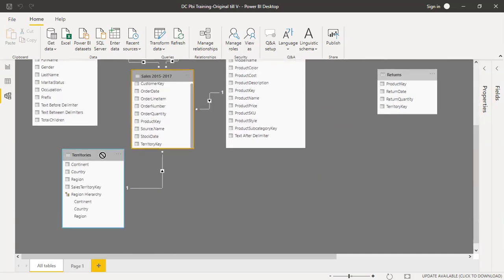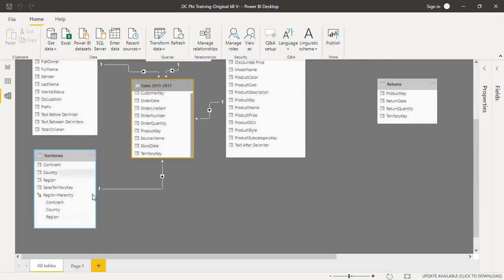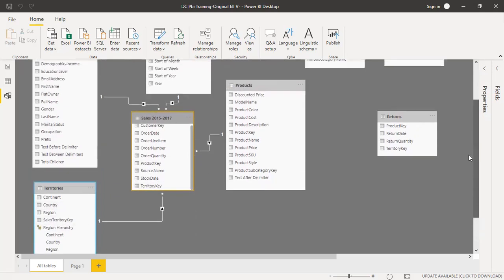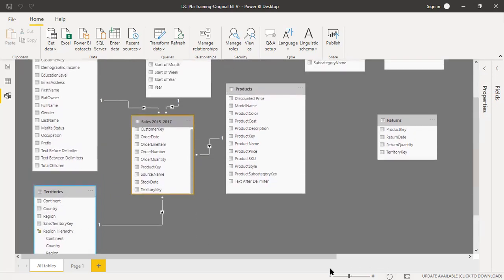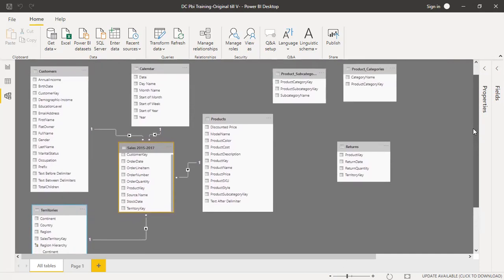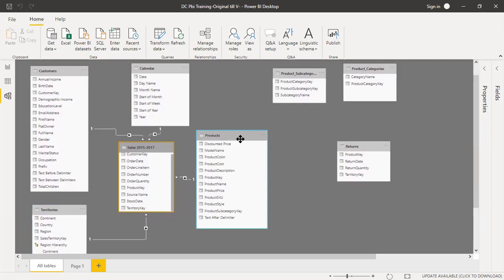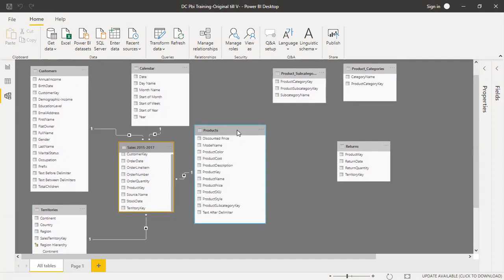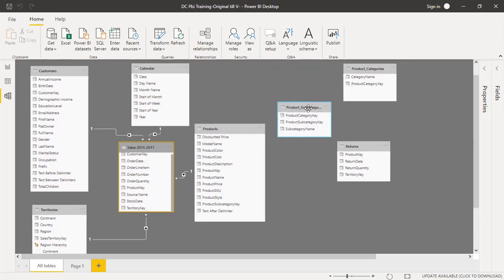If I just scroll down, I can use this box to demo you. So it's a pretty clean looking data model that we have. Now to connect to this, what we can do is we can actually take an indirect way.